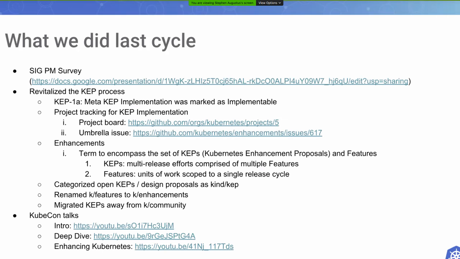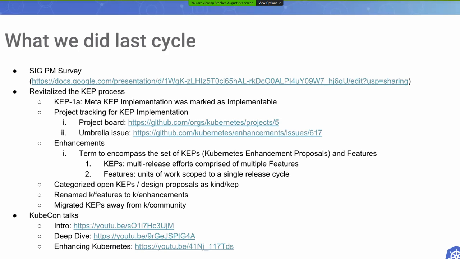So it's basically how we put the process and procedures in place for how we actually use KEPs. We started off on that, and around that we kicked out a project board and an umbrella issue for KEPs, listing the things that we actually need to do. One of them included